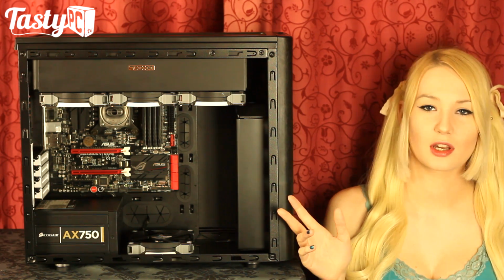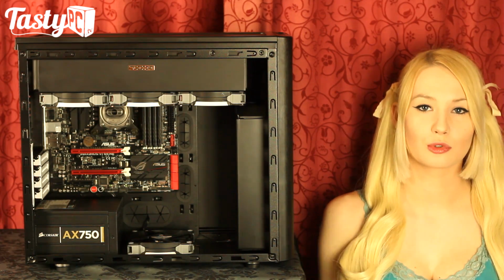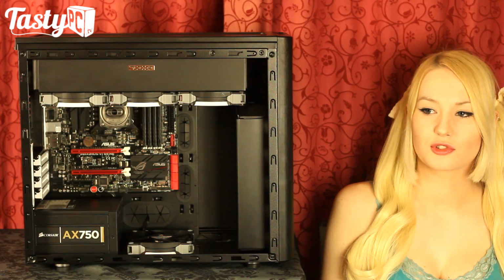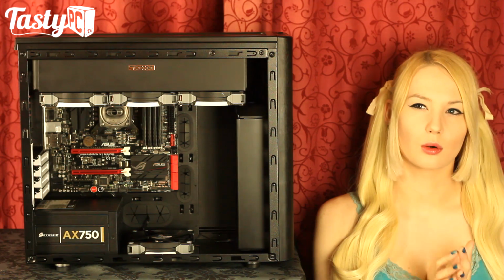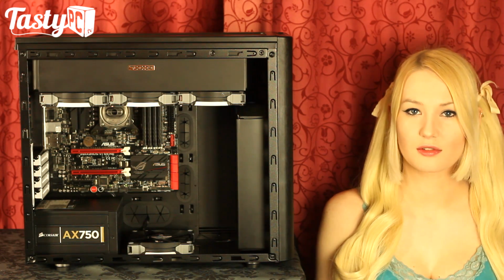I mean, you've got 6 hard drive bays to allow for hard drives or solid state drives, and obviously you've got the 2 dedicated solid state drive mounts on the back of the motherboard tray, and being a Micro-ATX case, you're obviously not really going to have much more space to work with for storage than that anyway. But if you don't want a water cooled rig or a home file server, and you just want an average gaming rig, something like an H80i, 1 or 2 hard drives or solid state drives, then it's still a decent